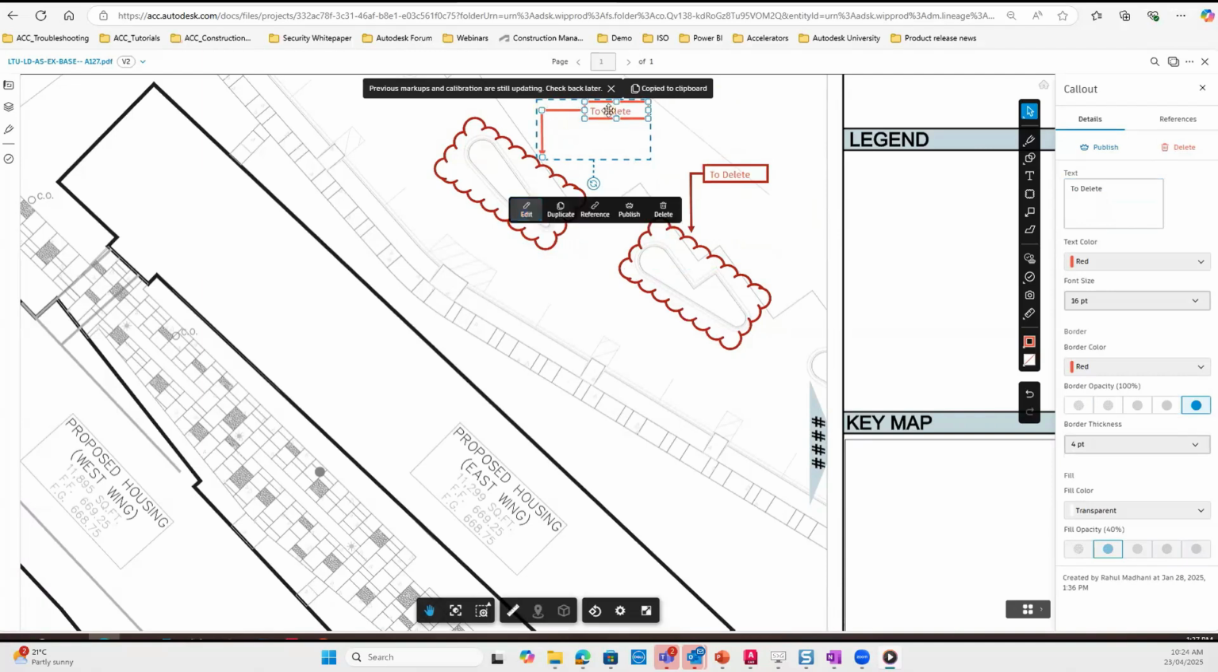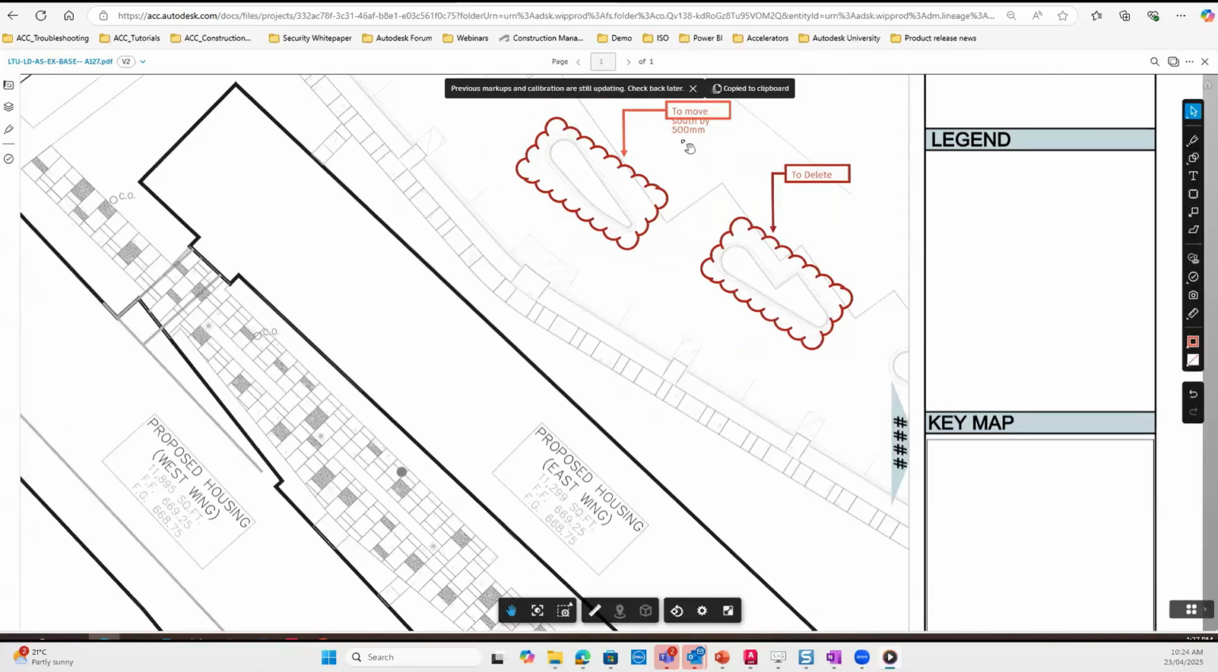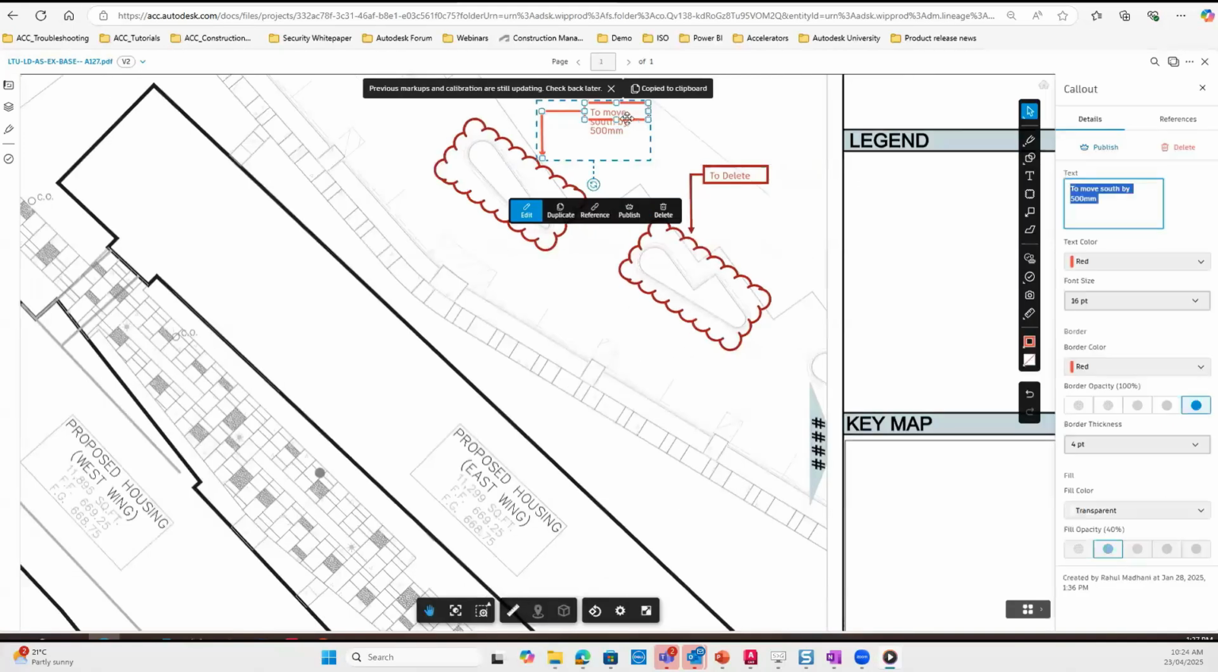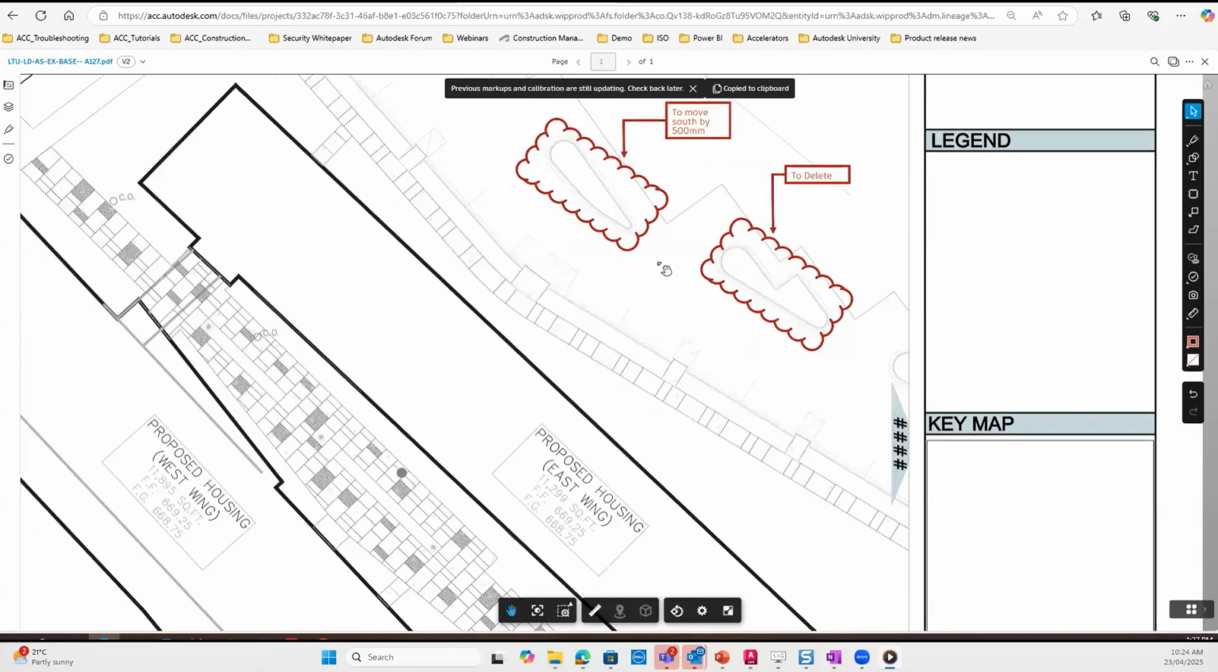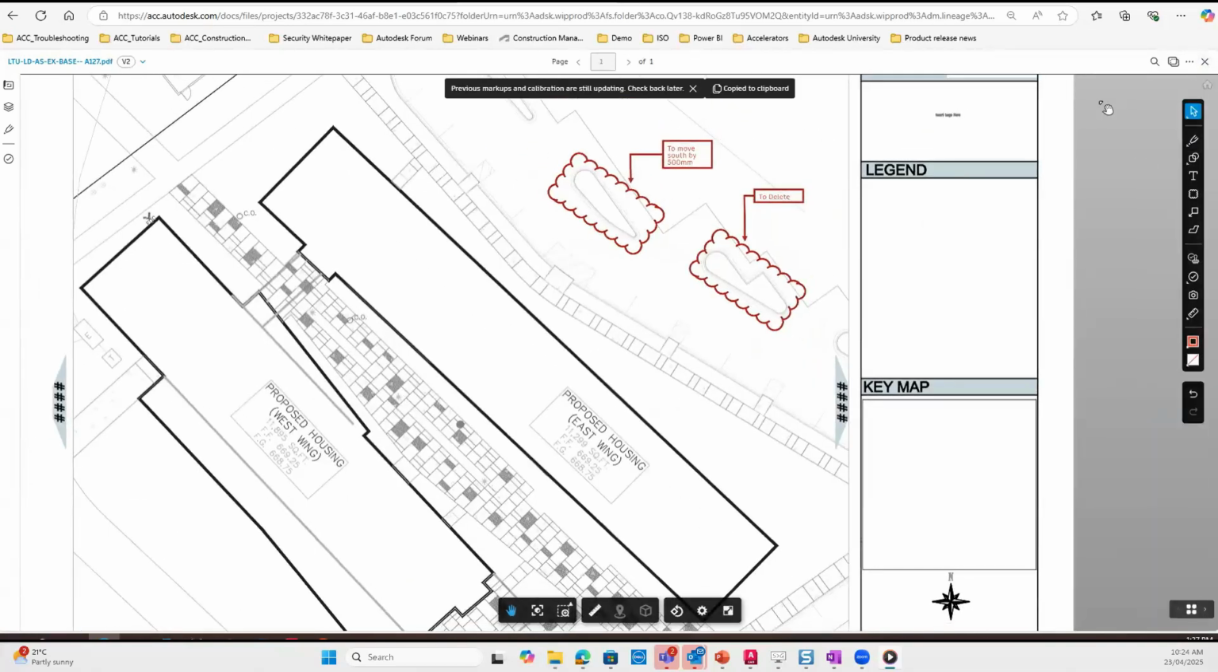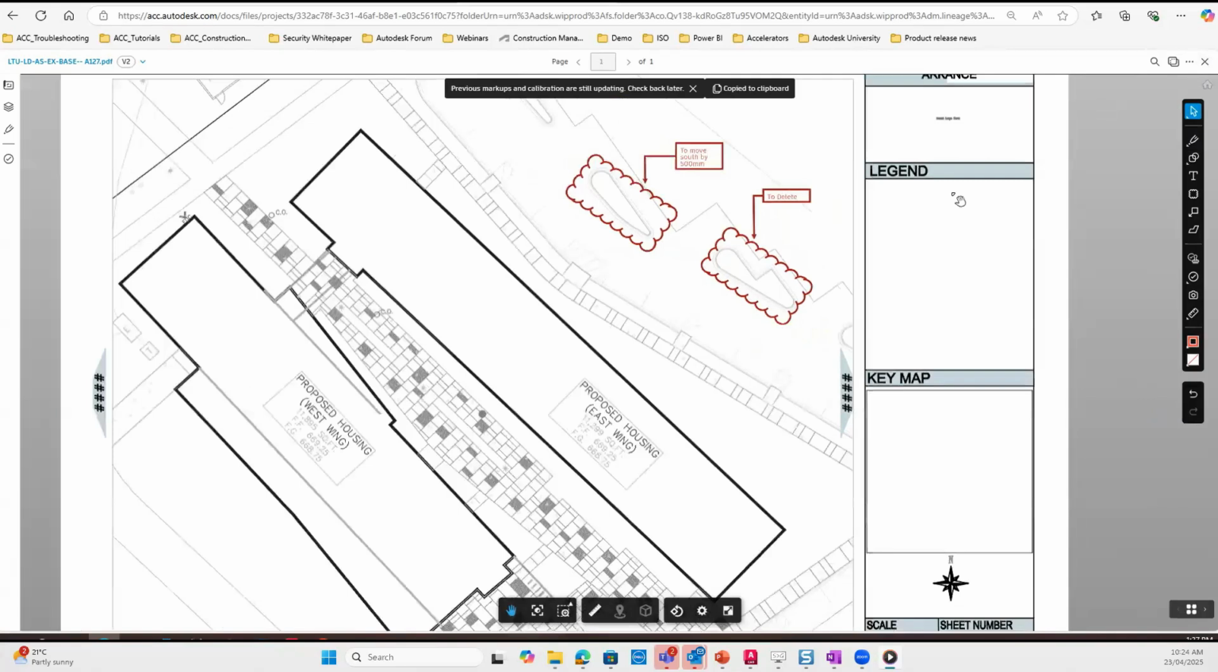Probably I want to move this by 500 mm. So we'll just tidy it up a bit. And yeah, publish it. So once that is done, once all these markups are published in ACC in the